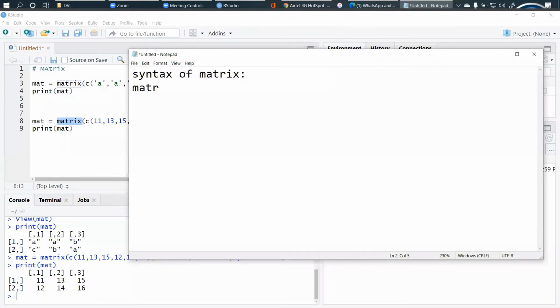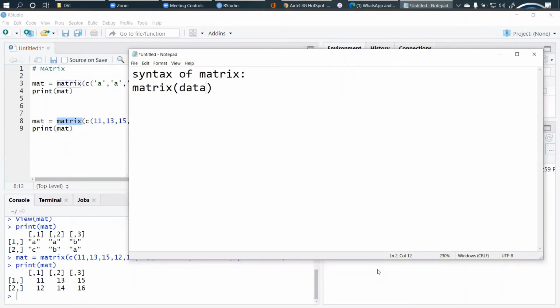Basically we use this matrix function, but we need some vector elements, then how many rows and how many columns, how the data will be displayed, either by row or by column, and what the dimension names should be, and so on. So there are several parameters we need to look at.